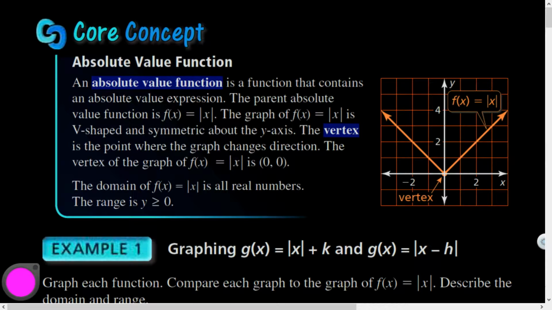Greetings and welcome, friends. Today we are learning a completely new parent function that we're going to deal with. We're talking about absolute value, and you might remember my friends were just telling me that absolute value will take a number and make it positive. So absolute value